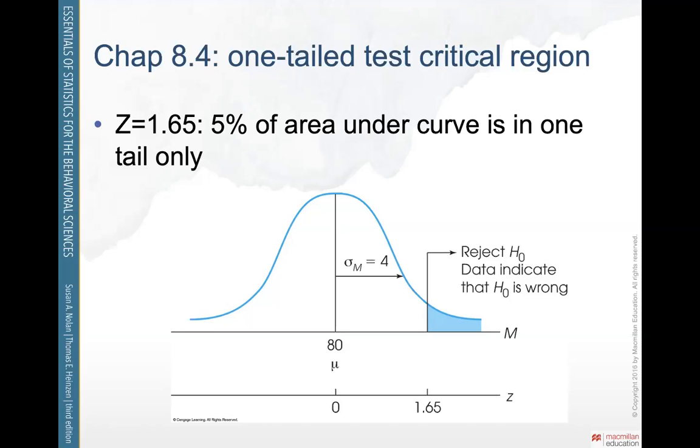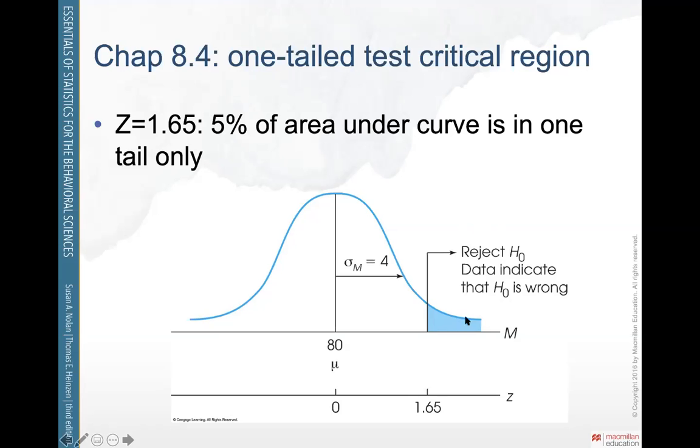But there are some situations in science in which you are so confident that the treatment could only have one possible direction of influence, it couldn't possibly do both, that you'd use what's known as a one-tailed test. You use a one-tailed test when you are so confident that the treatment can only have one direction of effect. And that's what's shown here. If you are very, very positive that the only thing math drug could possibly do is increase people's performance on the math test, or have no effect at all, what you do is you take alpha, 0.05 or 5%, and you move all of that alpha